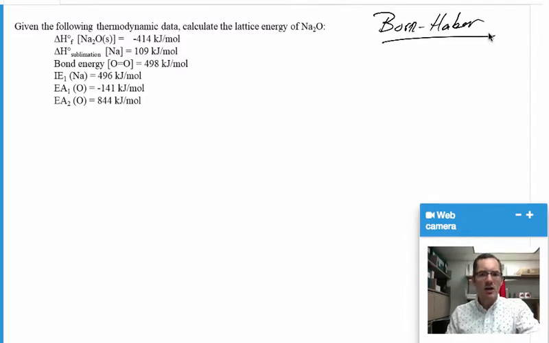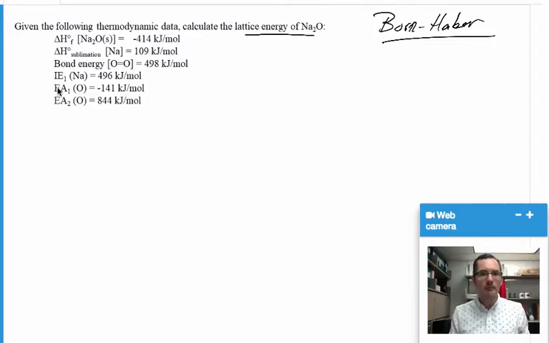So the Born-Haber cycle, we basically just add up all of these reactions in order to get to our lattice energy based on all of this information. So the most fundamental thing about the Born-Haber process is first understanding, number one, what are the reactions in play, as well as what is the final reaction that we're looking for. So you should be able to look at every single one of these 7 reaction types and write out what